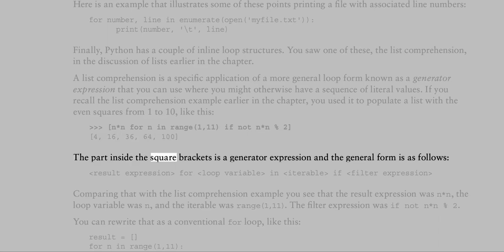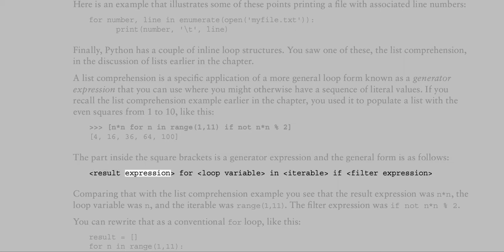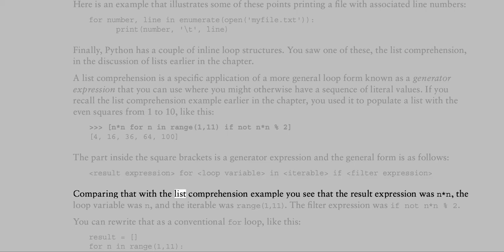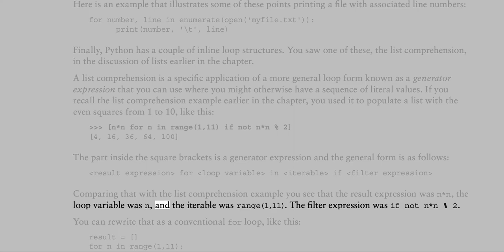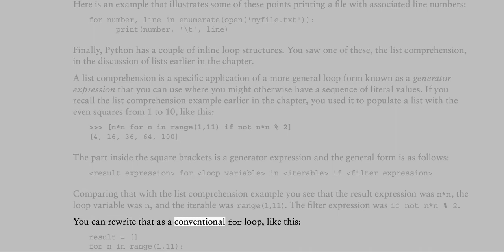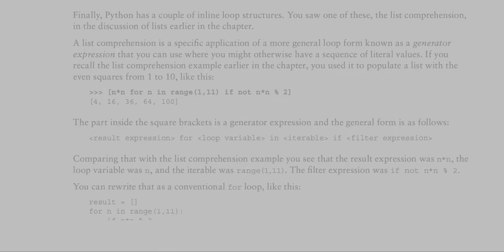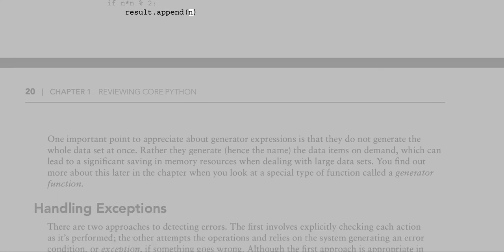The part inside the square brackets is a generator expression and the general form is as follows. Result expression for loop variable in iterable if filter expression. Comparing that with the list comprehension example, you see that the result expression was n**n, the loop variable was n, and the iterable was range(1, 11). The filter expression was if not n**n % 2. You can rewrite that as a conventional for loop like this. result = [] for n in range(1, 11): if not n**n % 2: result.append(n**n)